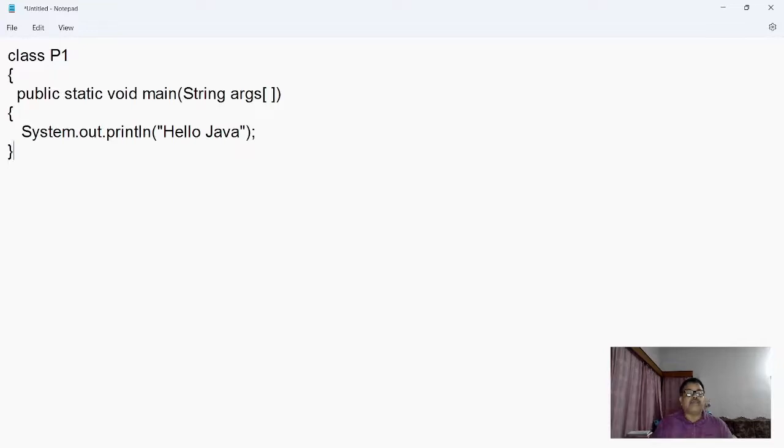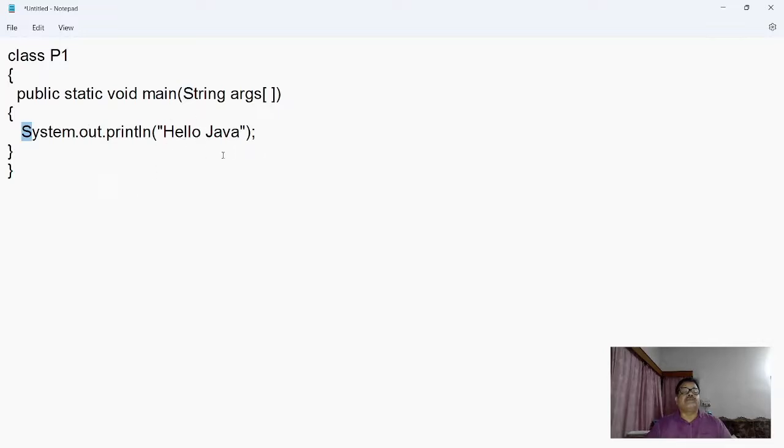What I have done is, I have written class P1, where P is in capital, and here S is in capital and S is in capital. I am highlighting what I have written in uppercase only to give you one impression. These three things I have written in uppercase.